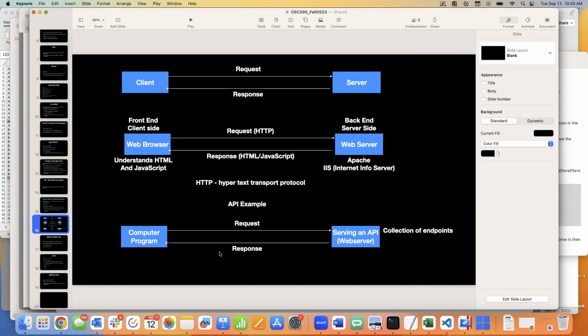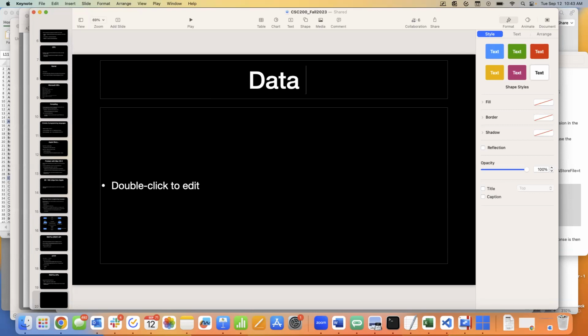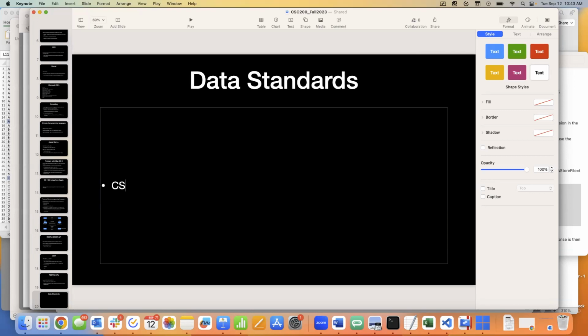So now we're right back to standards. Let's call it data standards. How many of you have heard of a CSV file? This has nothing to do with necessarily computer programs. What's a CSV file? Good.